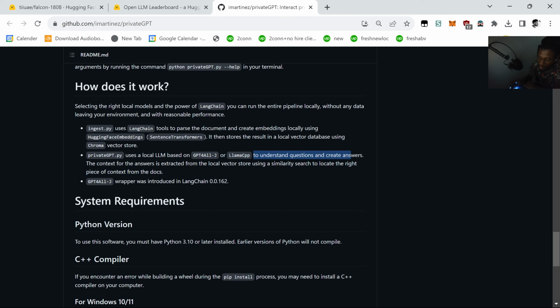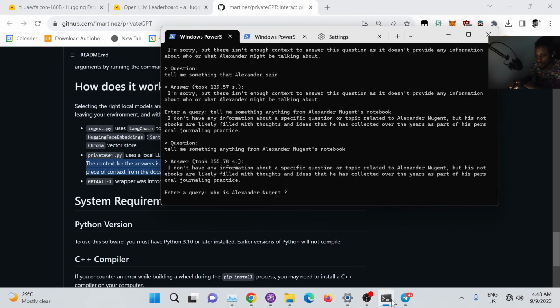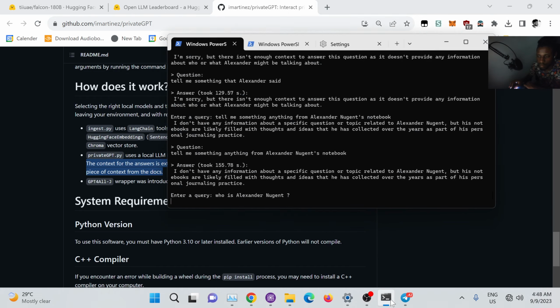To understand questions and create answers, the context where the answer is extracted from the local vector store using a similarity search to locate the right piece of context from the docs. All right, so I think it's also